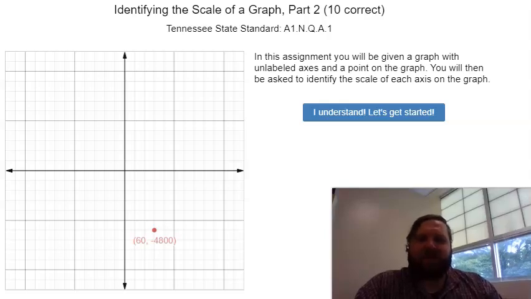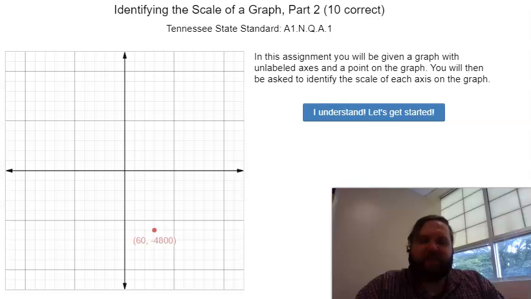Welcome. Now we're looking at the final slide of this particular assignment. Here you are asked to identify the scale of a graph. This is part 2, and so this will build significantly off of what we were learning in part 1. You do need to get 10 of these correct, and our instructions tell us that in this assignment you will